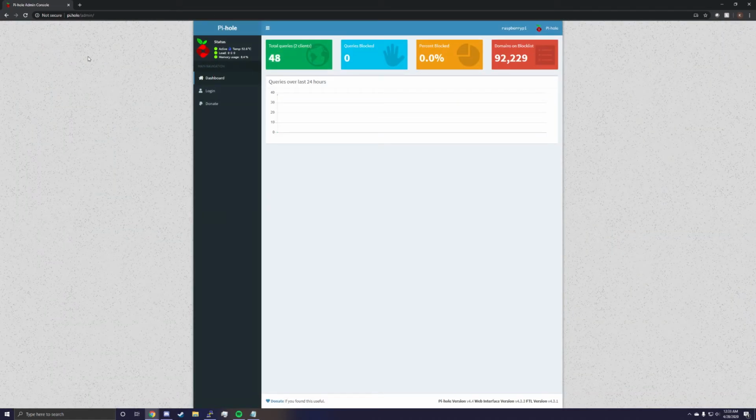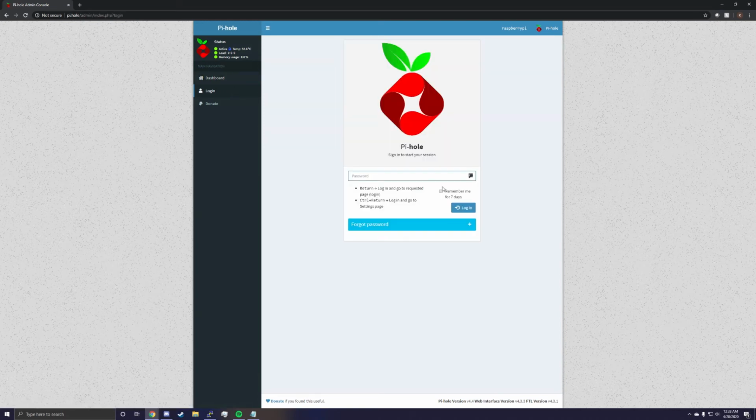Now that you've set up Pi-hole and you've either configured your router to use your Raspberry Pi as your DNS server or configured your specific client, you can go to pi.hole/admin to access the web interface. After this, you'll want to click login, and you'll either have to use that password that was assigned when you finished the installation,